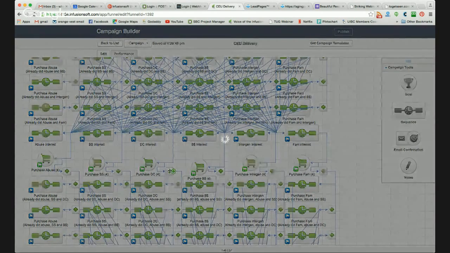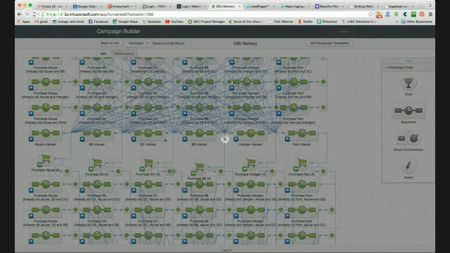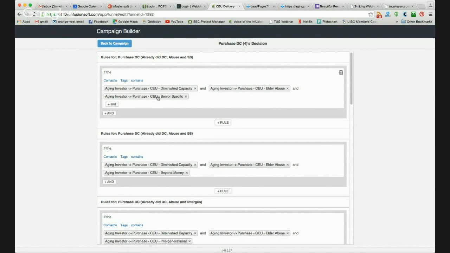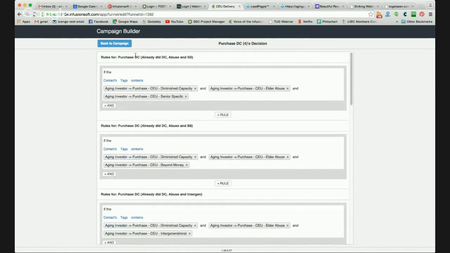I'll show one so people can see how that works. They can only get sent these certain things if they already have purchased diminished capacity, elder abuse, and senior specific. Then they can go to the next series of emails.